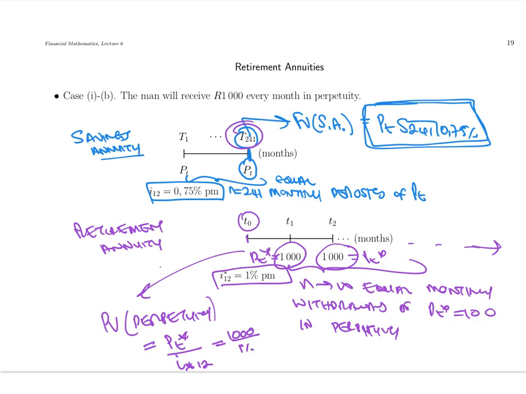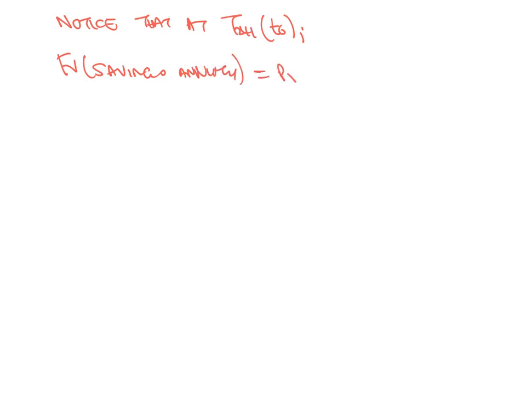What's important to note here is that at T241, which corresponds to small t naught, the future value of my savings annuity is equal to the present value of my retirement annuity in perpetuity. Those two things are the same, and so I'm going to use the fact that I know this in order to calculate what the value of his deposits needs to be. The first thing you should notice is that at big T241, which is the same as small t naught, the future value